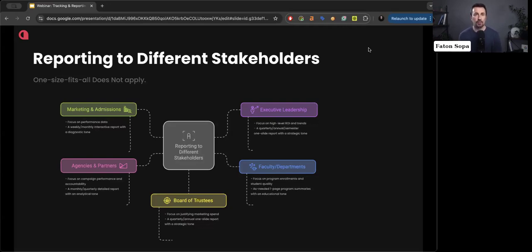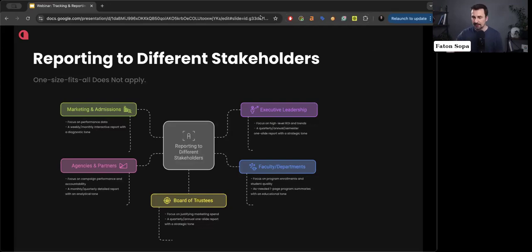When you report to the board of trustees, chances are that you're going to have to focus more on the strategic side of things and justify the marketing spend. Here's where you need to justify that your marketing activities are contributing towards achieving the goals that the board has approved. Those reports are usually done every quarter or annually, and usually are not longer than one single slide. If it's more than one single slide, chances are that what you report might not be read in full, or might add complexity to something that already might feel complex.